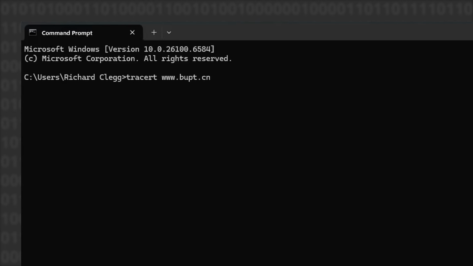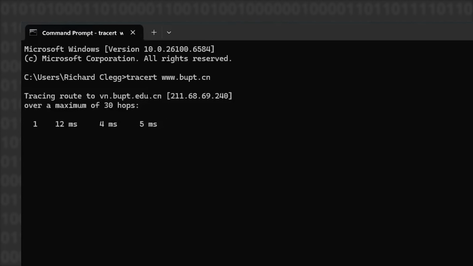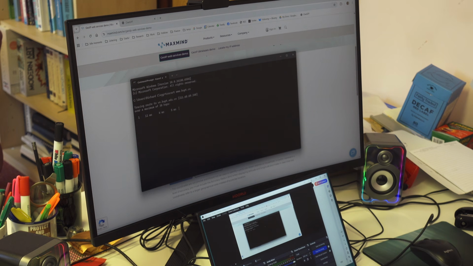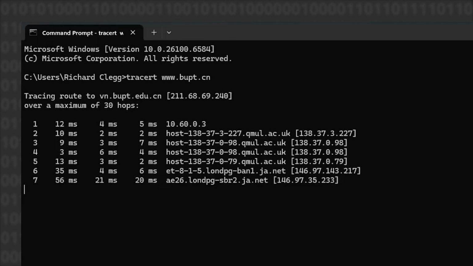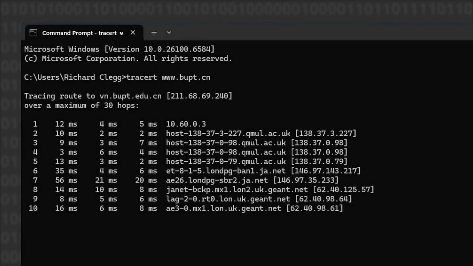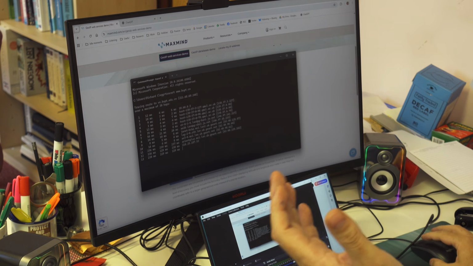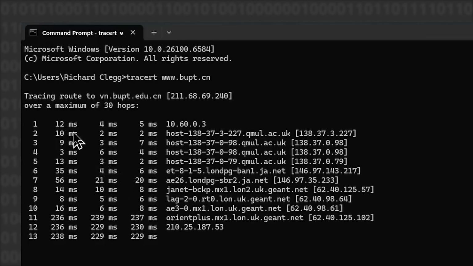So I'm going to do a traceroute. This is just a simple way of getting a path from here in the East End of London over to another university I sometimes teach at in the north of Beijing. What it's doing now, it's sending out a series of probe packets, and it's giving us back a round trip time, 3 estimates of round trip time for each hop of that journey. So it's producing a map of the way through the network. And what we can see on screen here, we can see a timing in milliseconds, so quite a short time span. We can also see the IP address,